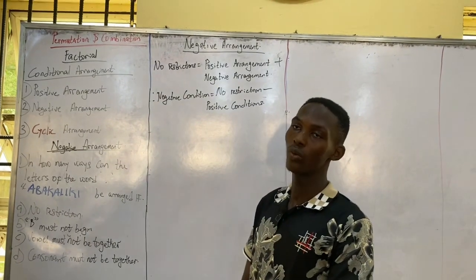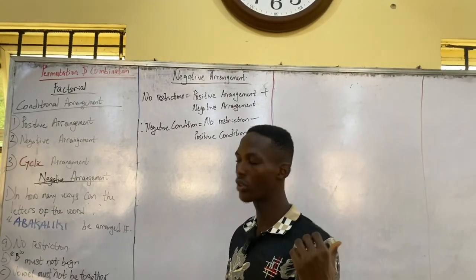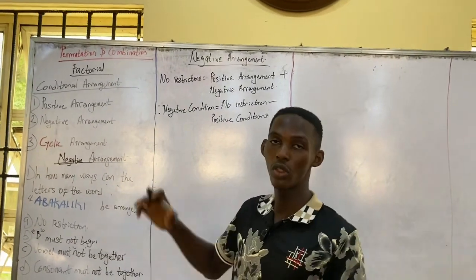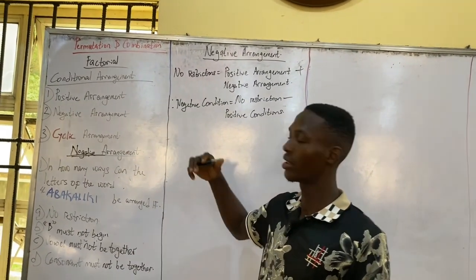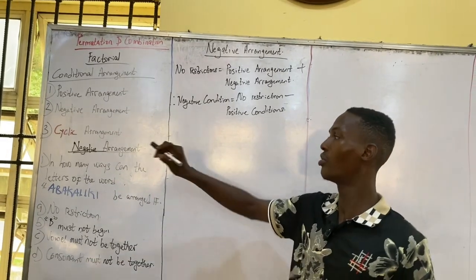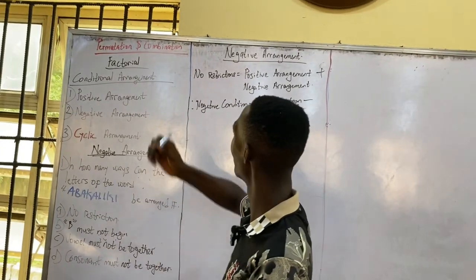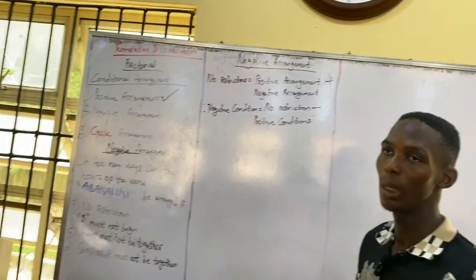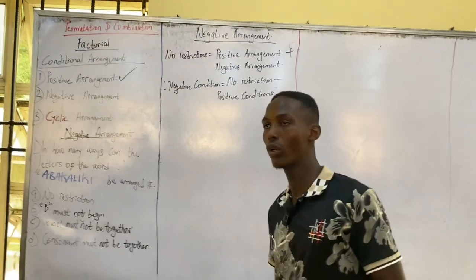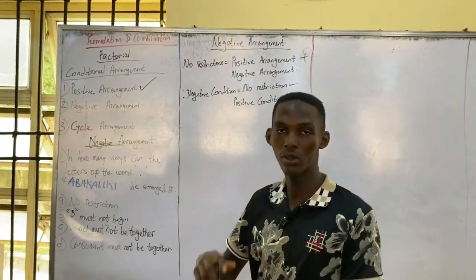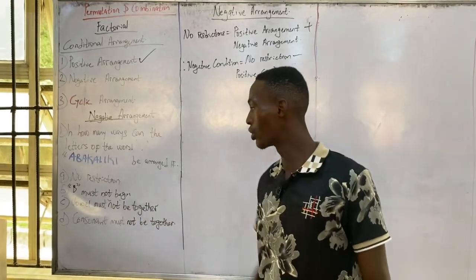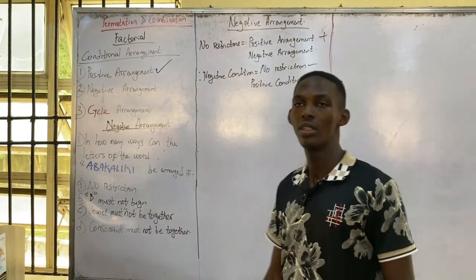Now, in the few videos we've done in the past, we discussed no restrictions, that is normal arrangement, and conditional arrangement. But in our previous class, we talked about the positive arrangement. I told you to take note of the words must, should, or can, then you know they're talking about positive arrangement. But the moment you come across words such as must not or should not, then you know that it's